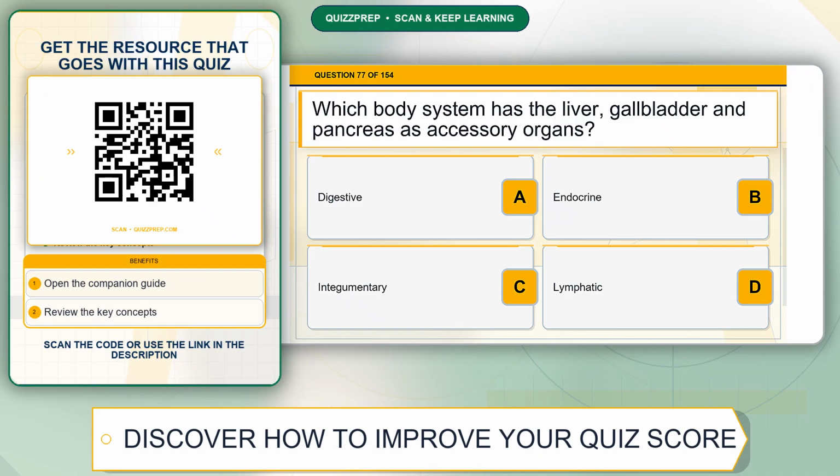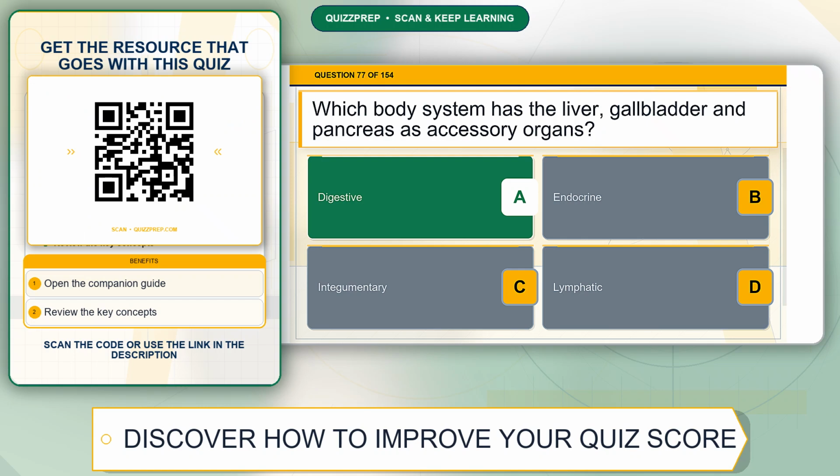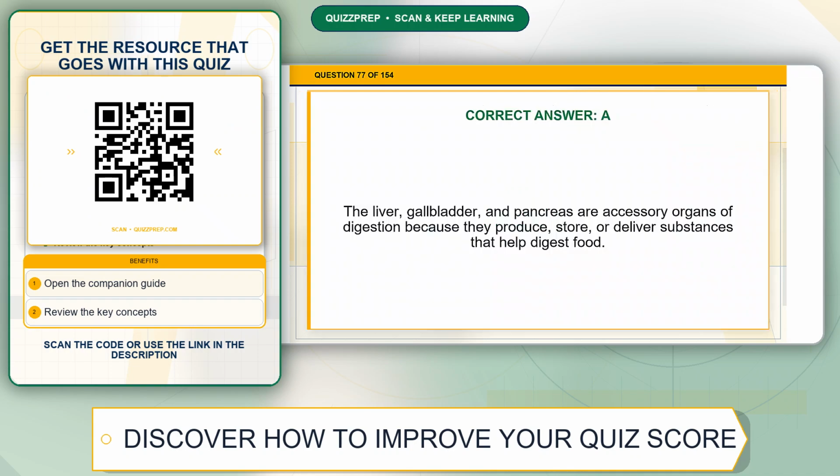Question 77. Which body system has the liver, gallbladder, and pancreas as accessory organs? Option A, digestive. Option B, endocrine. Option C, integumentary. Option D, lymphatic. The correct answer is option A, digestive. Explanation. The liver, gallbladder, and pancreas are accessory organs of digestion because they produce, store, or deliver substances that help